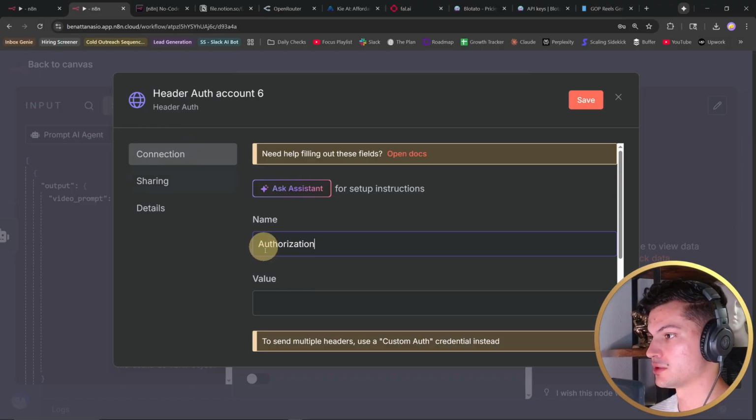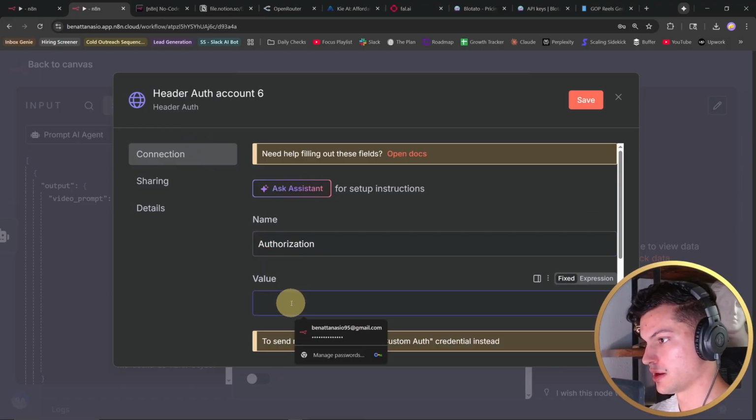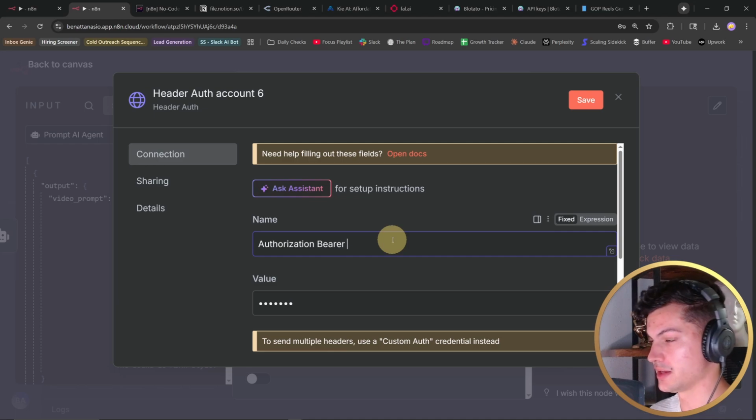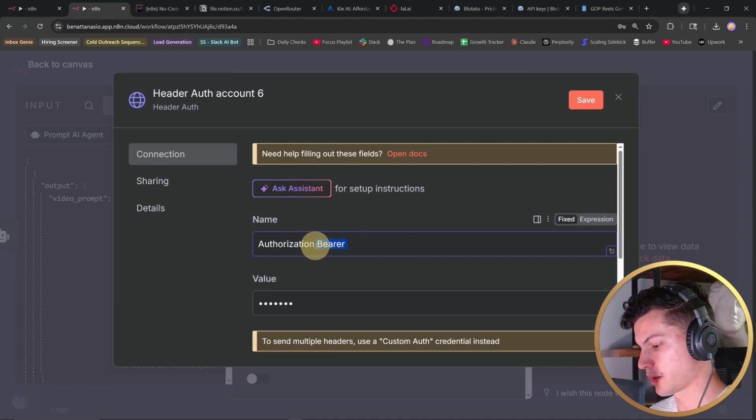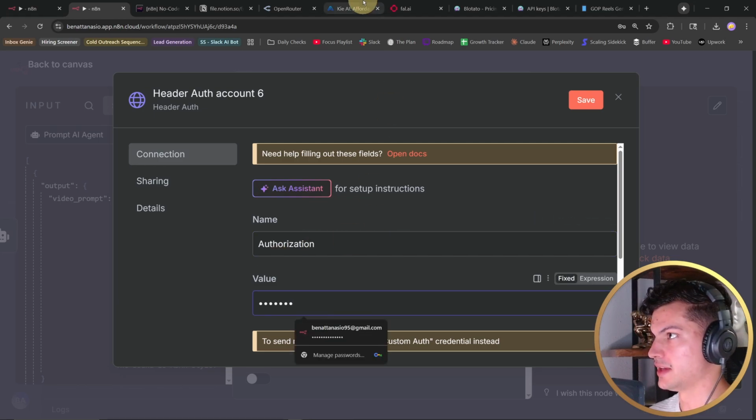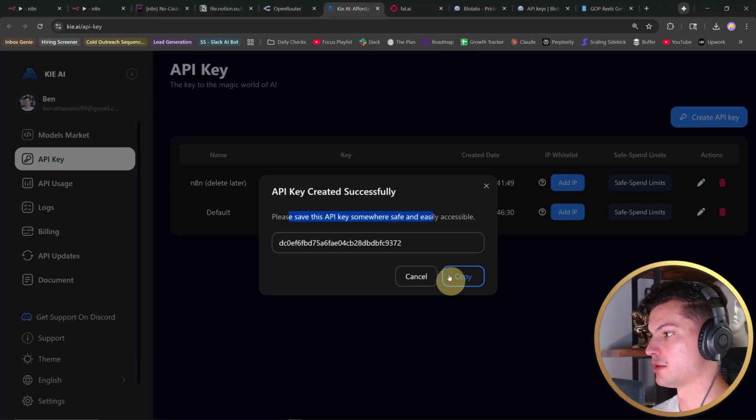So all that means is we're going to come back here, type in bearer space. I'm literally typing in there bearer space that you can't see because it's treating it like a password. And then we've got to get our API key to paste here. So how we do that is we come to